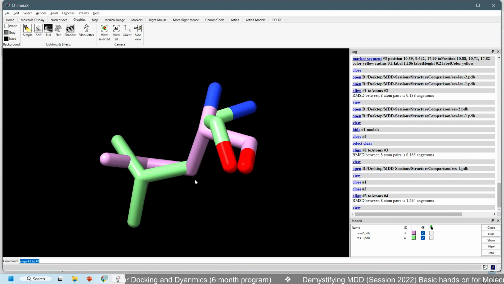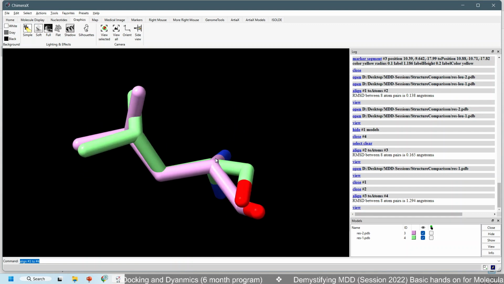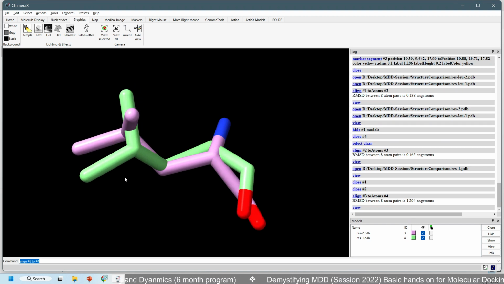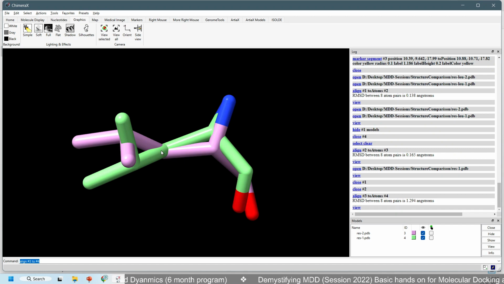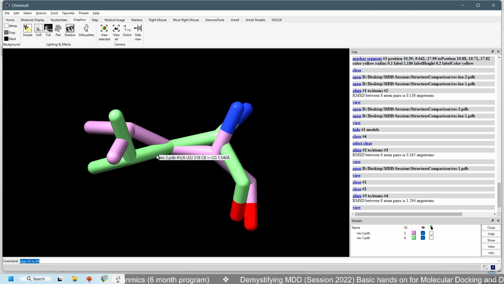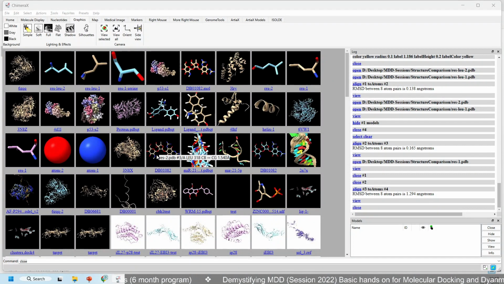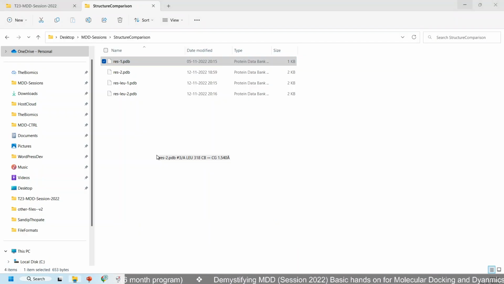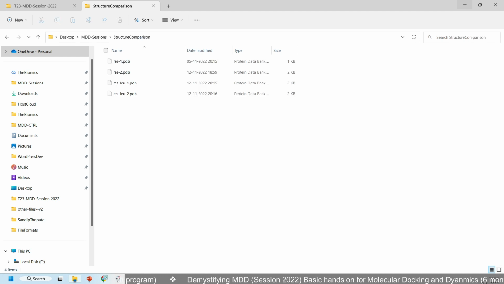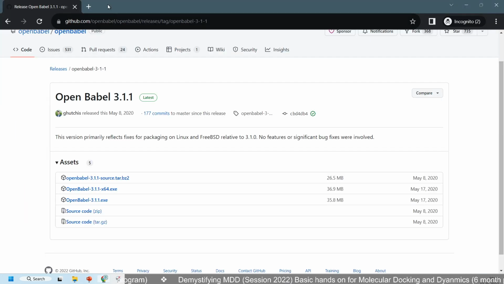Although these two residues are similar or the same, due to their position in the protein and their environment, these two have acquired different rotations. Their carbon-carbon bond has acquired different rotations, so they are a bit different. So this was a comparison of residues to make you simply understand what RMSD is, or how two molecules can be compared. Now let's take a similar example, and for that I will try to navigate to